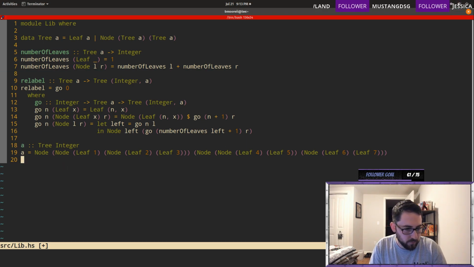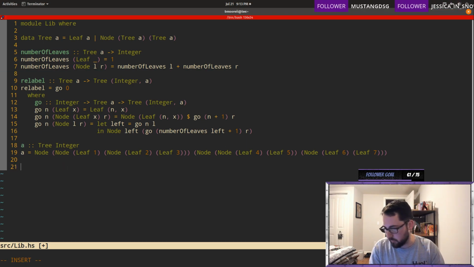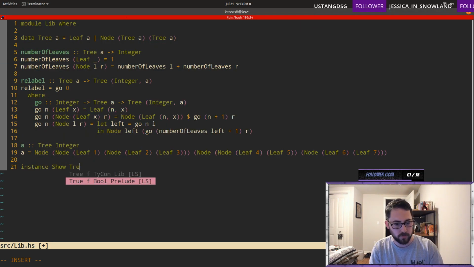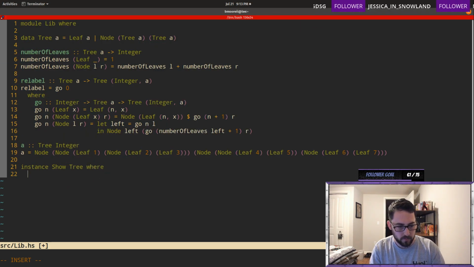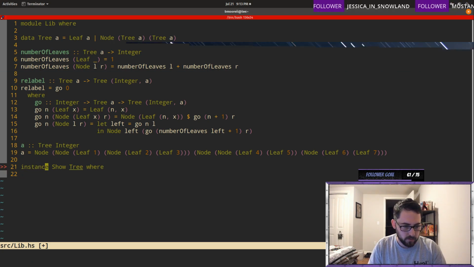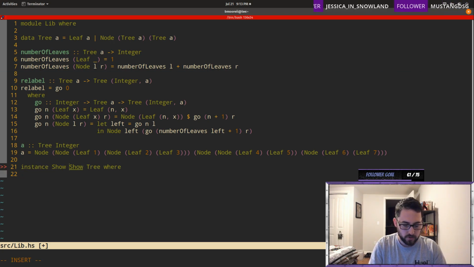And actually, we don't even need to define B. We'll do it from the command line. So instance show tree where we need show A, show tree A.